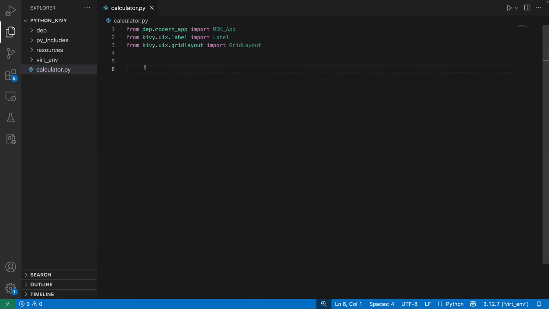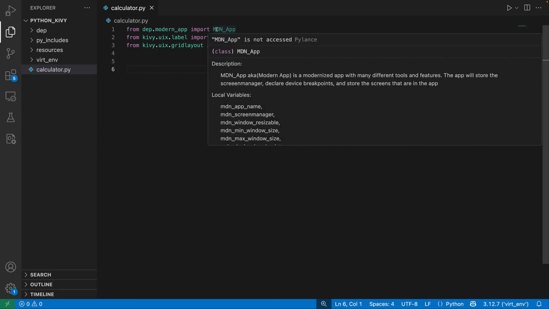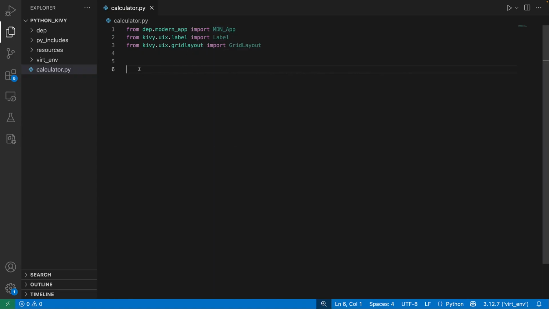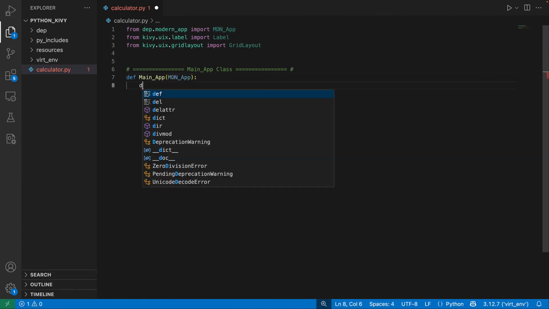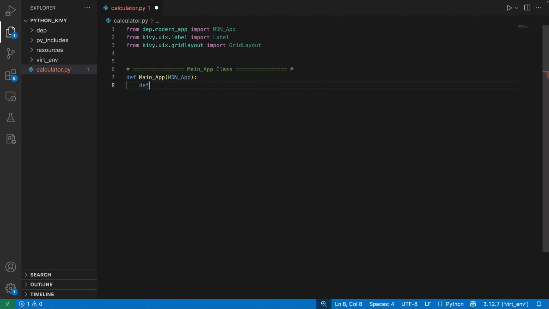So next thing we're going to do is create the actual MDN app, because this is just a class right here, but we actually need the instance of the app. So we're going to do class main app like this. This is going to be the main app we're going to be using, and then we're going to use our class right here, MDN app, like so. And then we can just do this. So now that we have our app, we are going to actually, whoops, I said def, actually I meant this to be class. And now we're going to use the build function